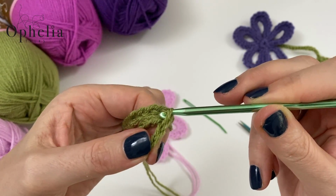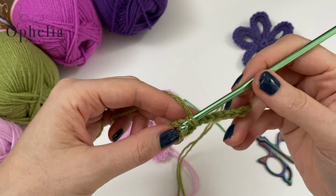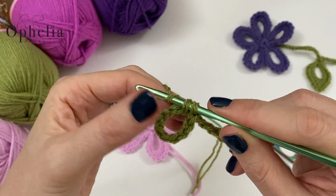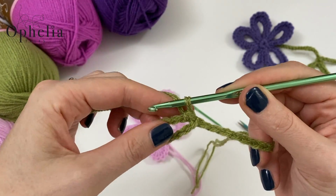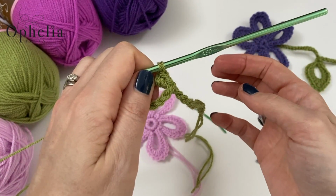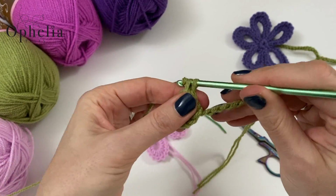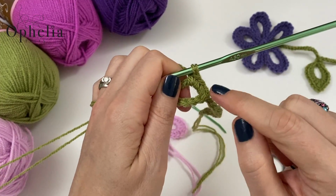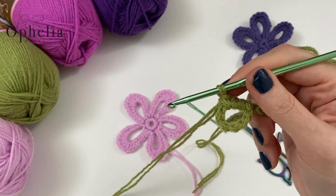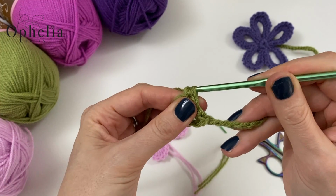So basically you've made a little circle. Now you just turn your work so it's easy for you to work, and you're working out at the back, your loop there, right, there we go. And we are going to do a sequence of stitches, a different one. So 3 single crochets into that chain loop,